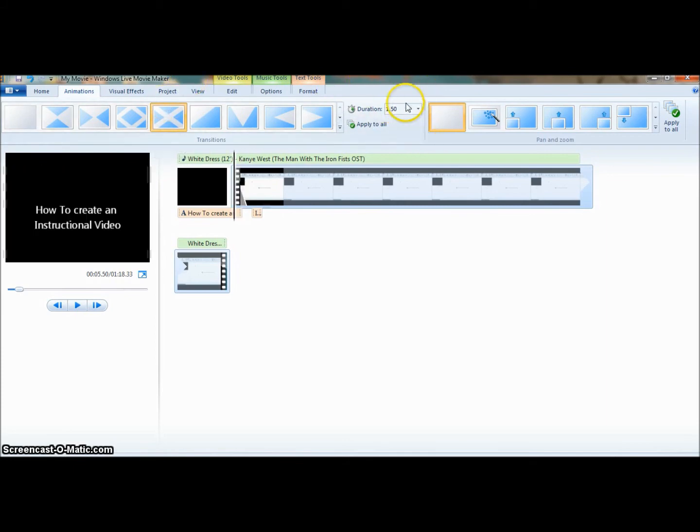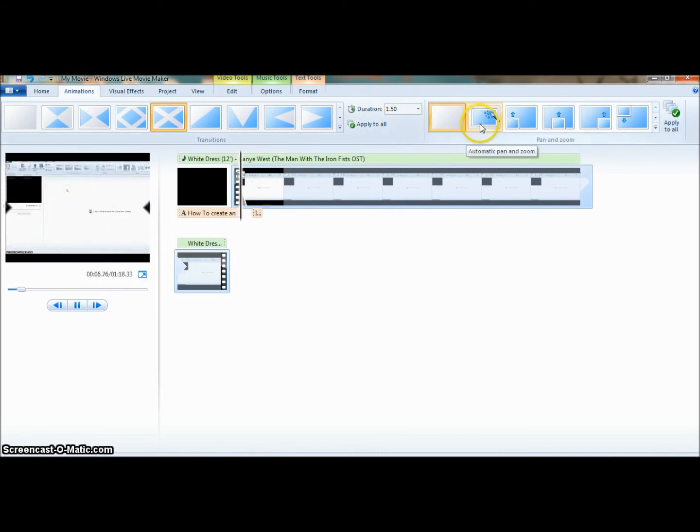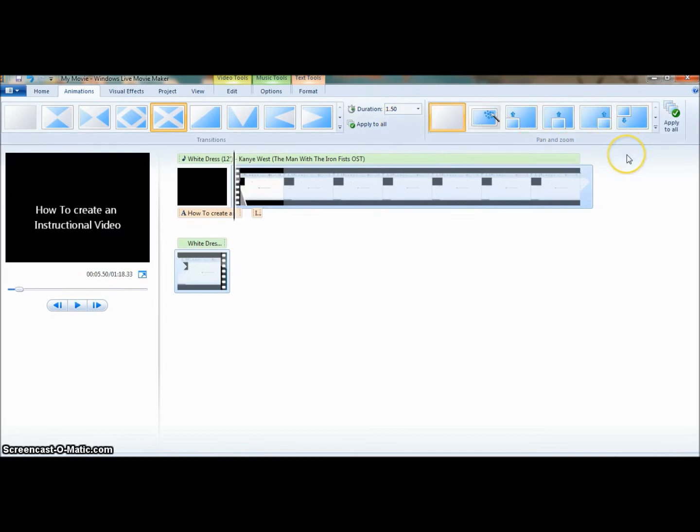Over here, I can place the duration that I want that X animated effect to last on my screen as well. Right now, I think that's fitting for what I'm trying to do. You also have different ways that you can make it pan up and down, left and right. These are things you can do to give your video, once again, that Steven Spielberg, Martin Scorsese effect that you're going to need to keep your students interested in the material